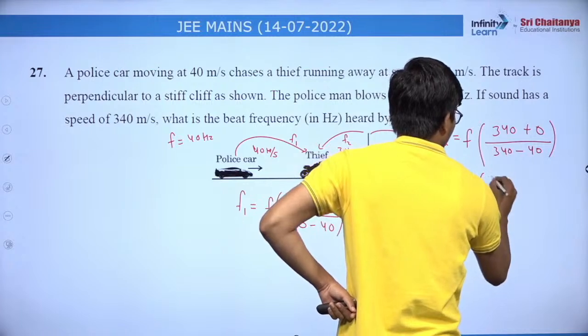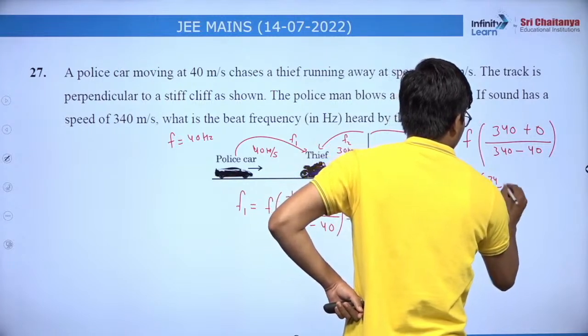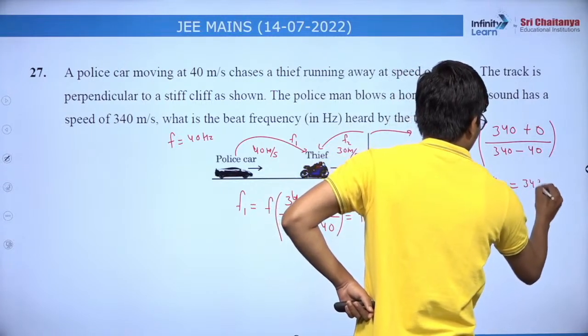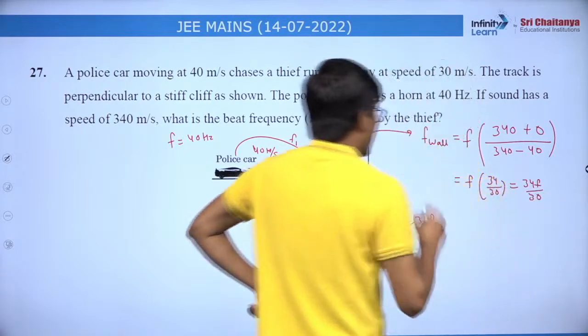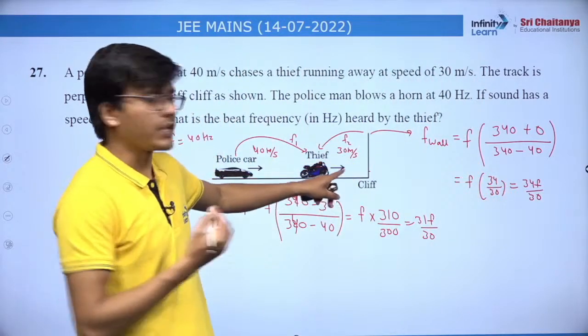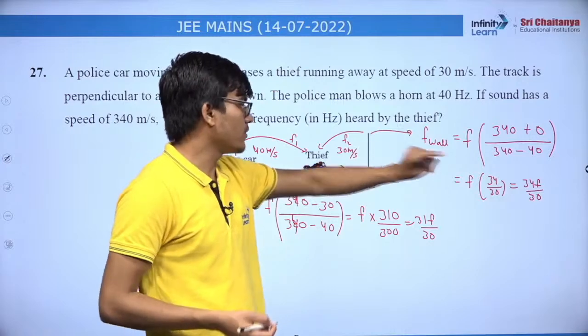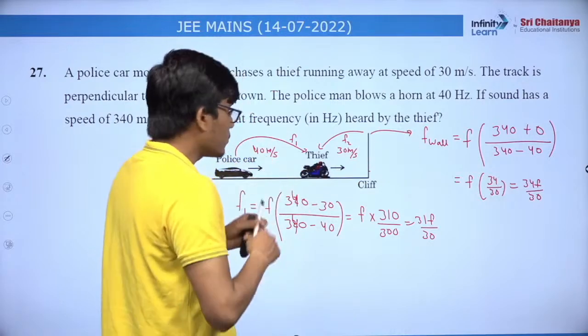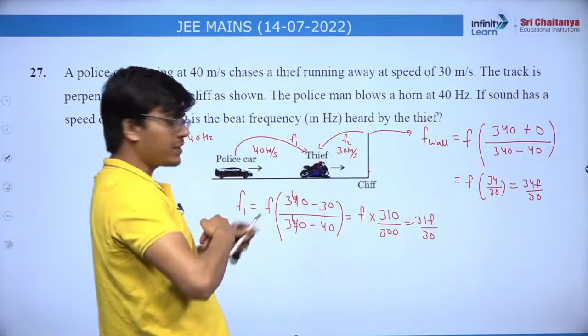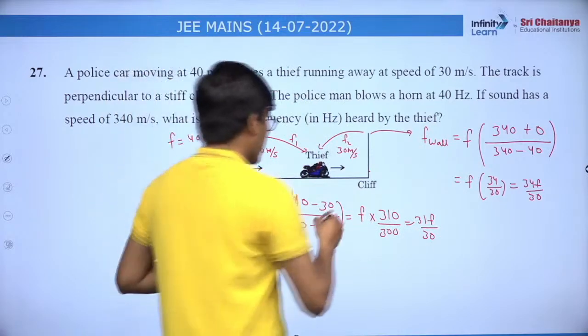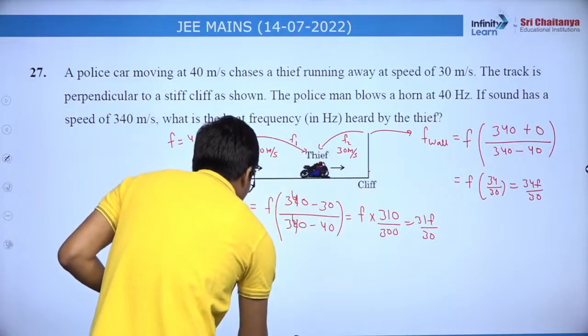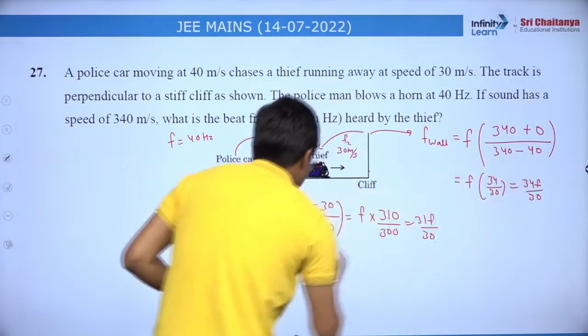So F into 340 upon 300 is the frequency listened to by this wall, and anyone sitting on this wall will hear this frequency. Now this frequency will get reflected and come to this thief, so that is F2. So F2 will be this frequency,